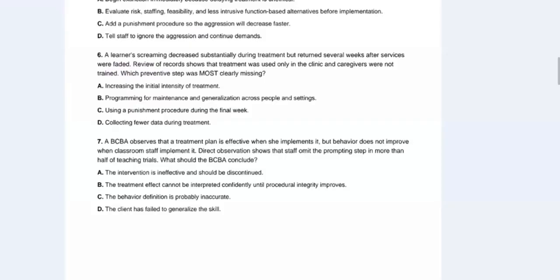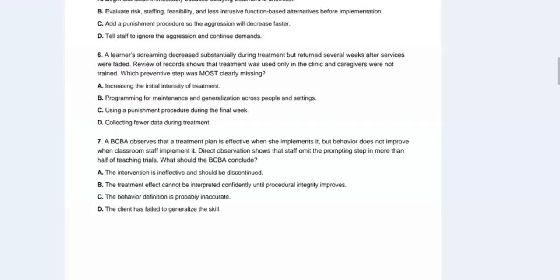Well, if caregivers were not trained and it was only used in one particular setting, the clinic, then there was no program for maintenance or generalization. So B is correct. It's B because generalization and maintenance were not programmed.